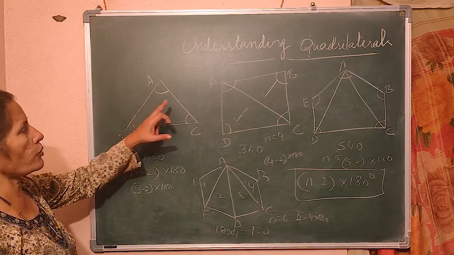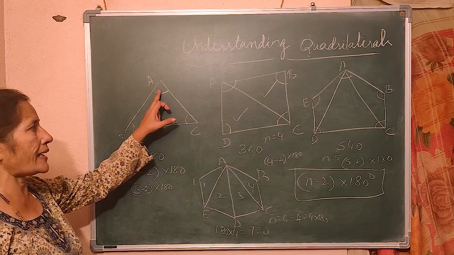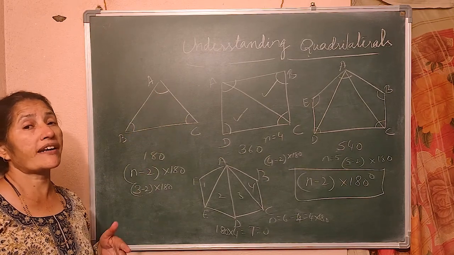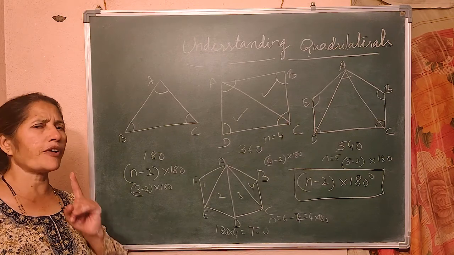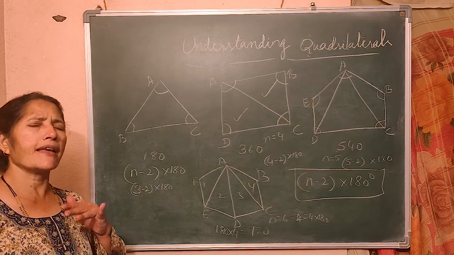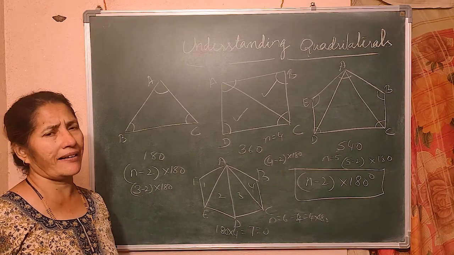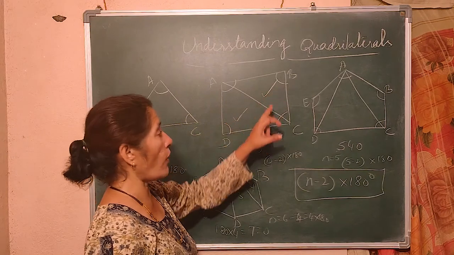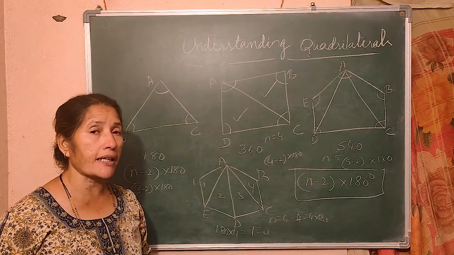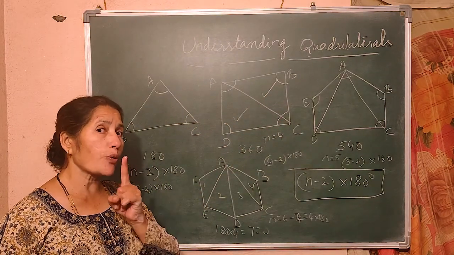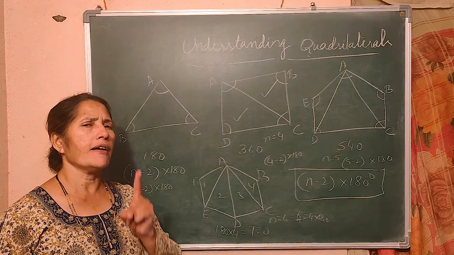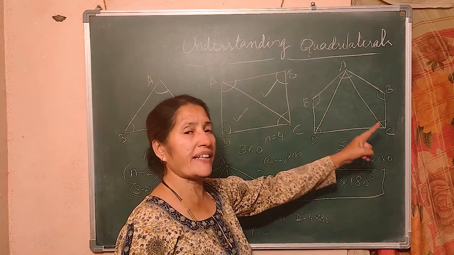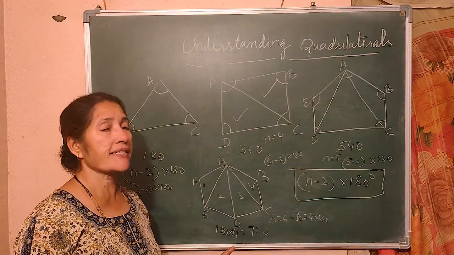If AB is equal to BC is equal to AC and angle A is equal to angle B is equal to angle C, then it is called a regular triangle. And there is a name for a regular triangle. We call it an equilateral triangle. You know, if the angles of a quadrilateral are equal and all the sides are equal, then we call it a square. It is also a regular quadrilateral, regular pentagon, regular hexagon and so on.